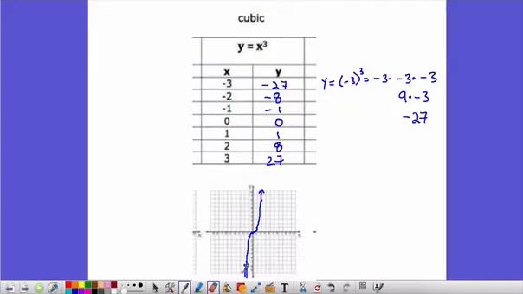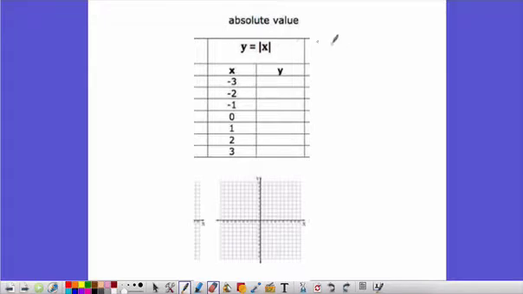Try your best to hit the points, not like I am doing here. And it curves down. All right, that's our cubic function. Absolute value. Well, absolute value, a little reminder if you don't remember what absolute value is: all absolute value is